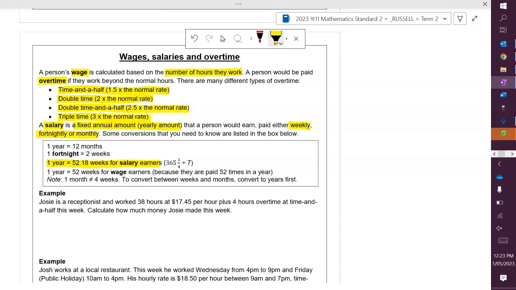So when we're talking about a salary and we're trying to determine weekly wage from that salary, we need to use that 52.18. However, a year when we're talking wage is 52 weeks, because if they get paid weekly, that means they get paid 52 times. The other thing we need to keep an eye on is that 1 month is not always equal to 4 weeks. So when we convert weeks and months, we need to make sure we put it into years and then